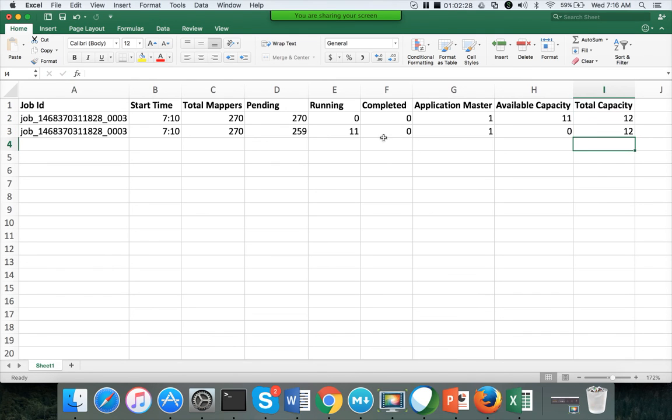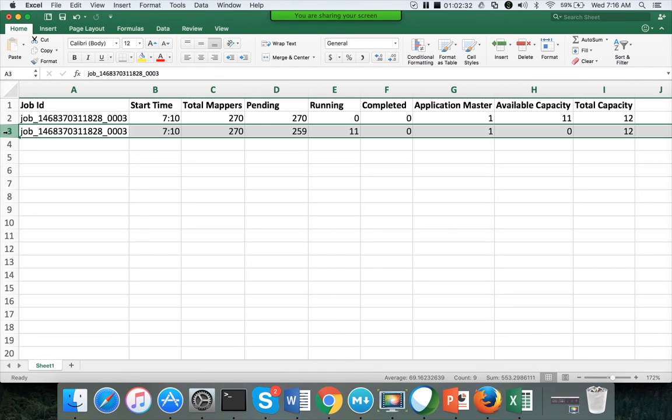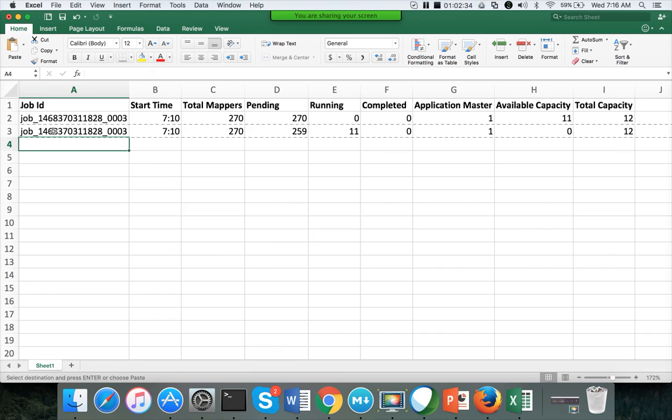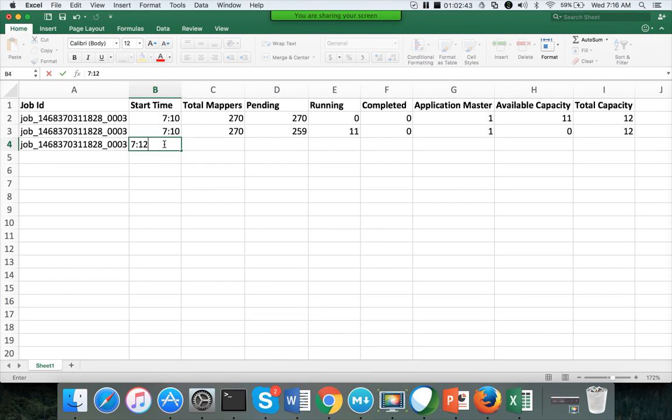Okay, so after a couple of minutes, some of the tasks for the job will be changing to completed. Let's say at 7:12, approximately 2 minutes is being taken for each task to complete. So at 7:12, most of these 11 tasks that are running will change to completed.